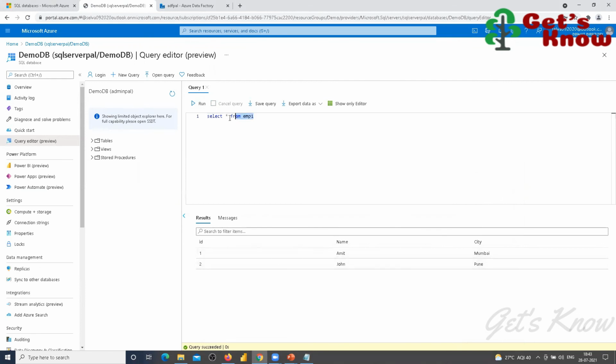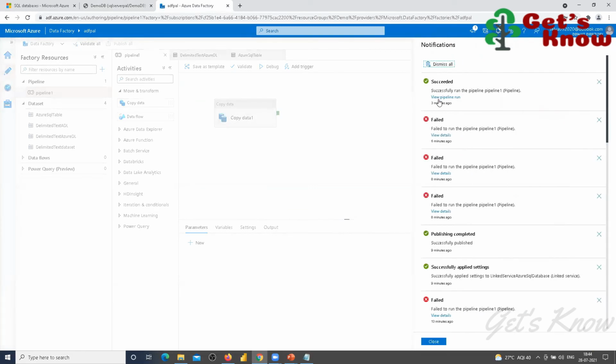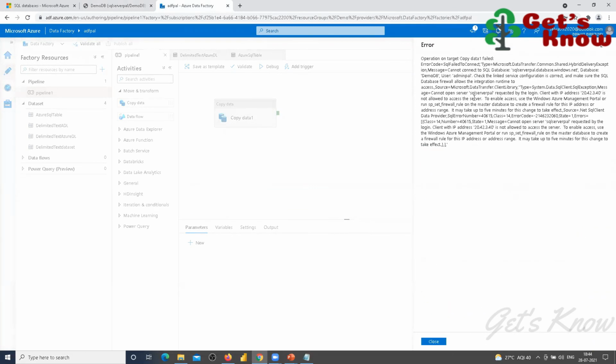So this is the way we move the data. This is a simple thing, but sometimes it makes difficulties. Suppose you are missing some enable settings in any of the services, then it will cause some mishaps. So we have to be very conscious about this when we are creating any of the resources. Then only will every service, every resource support without any problem. Otherwise, it will not give the exact error, it will give only common types of errors.